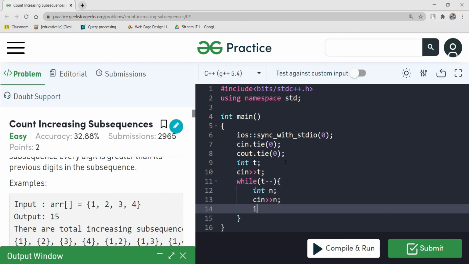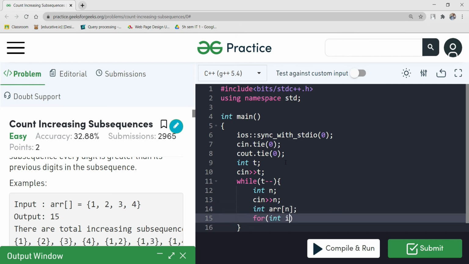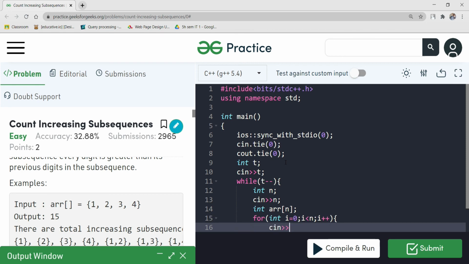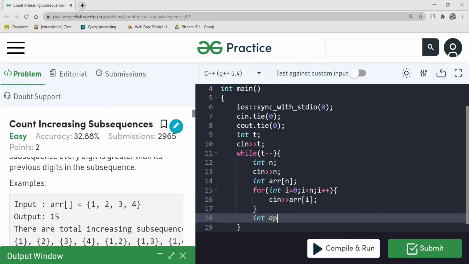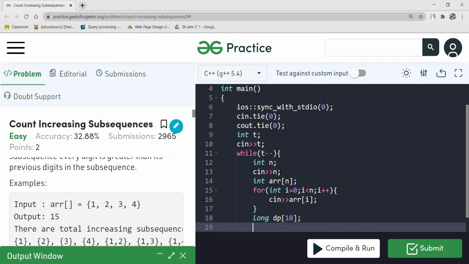Int n, cin n, int arr of n, for int i equals 0, i less than n, i plus plus, cin arr i. And we need to maintain a dp, so long dp of 10.